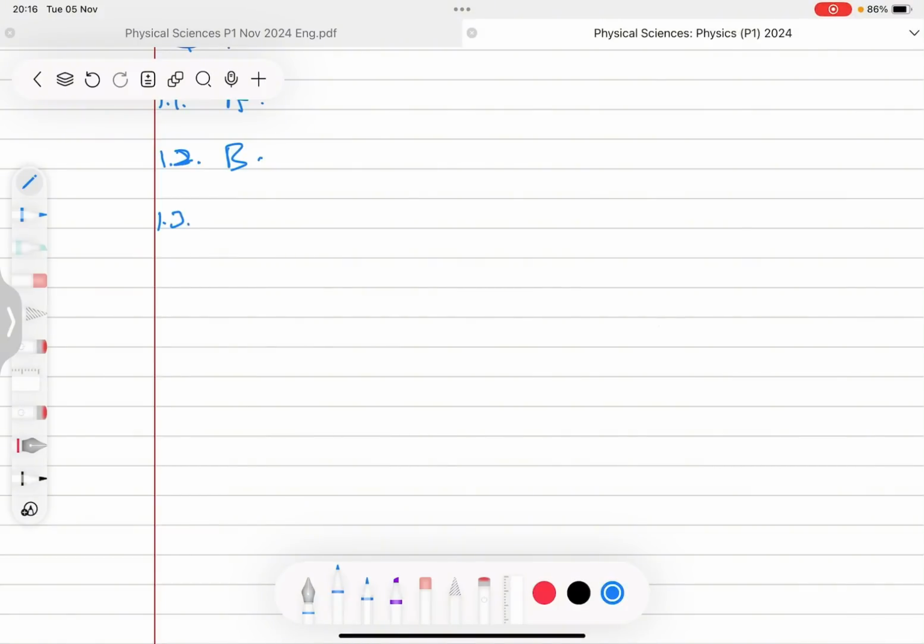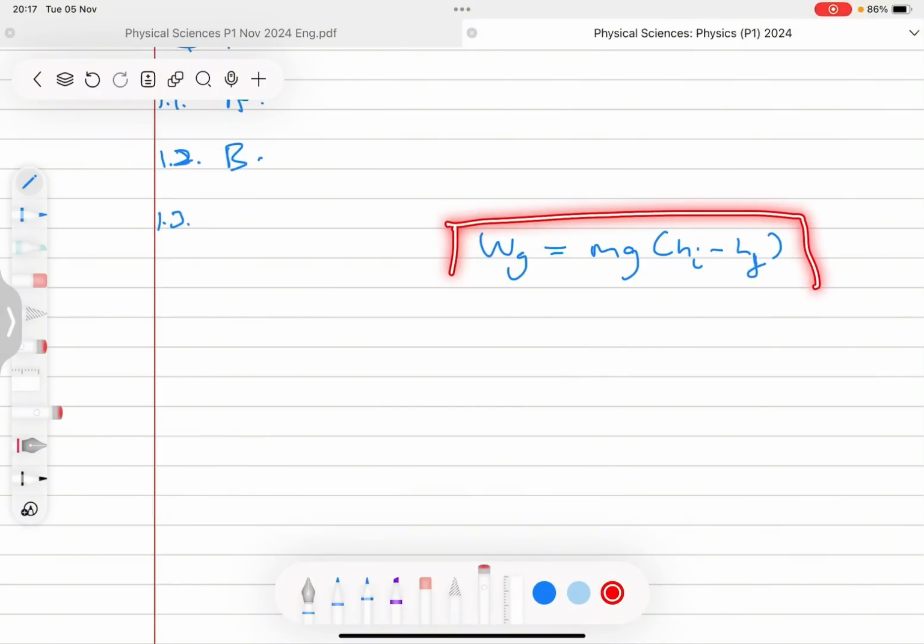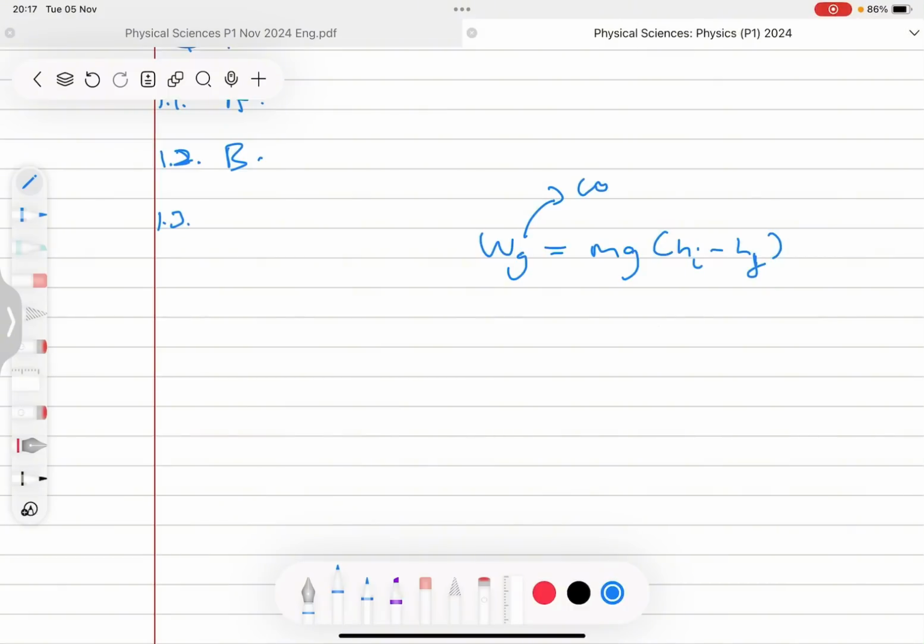Now the work done by the gravitational force is given by mg (h initial minus h final). You need to know and memorize this formula. It's not in your information sheet. And in fact, this formula is the one that we use to define what a conservative force is. So according to this formula, we are going to say